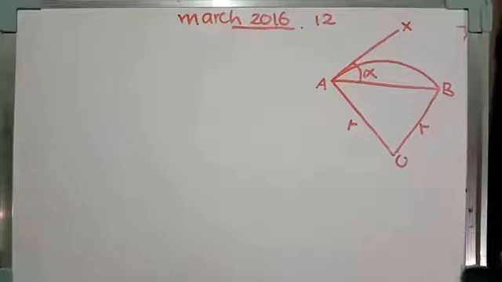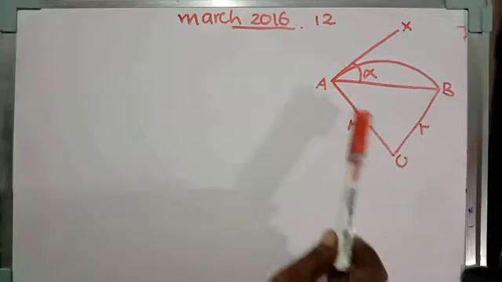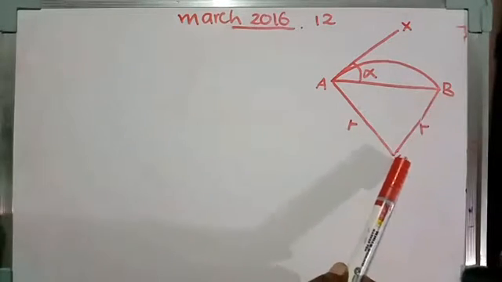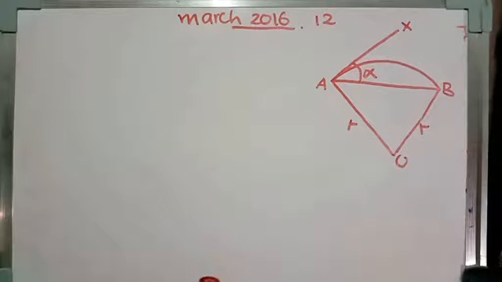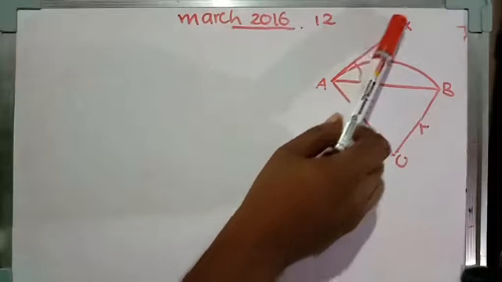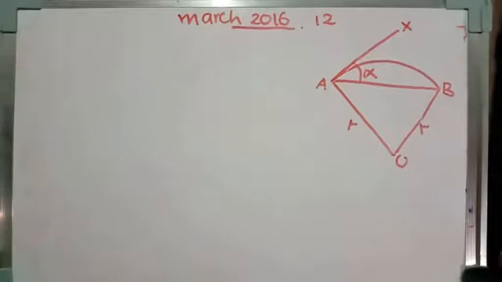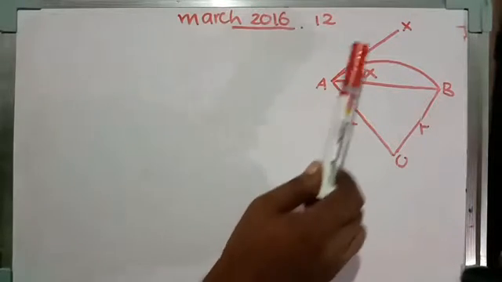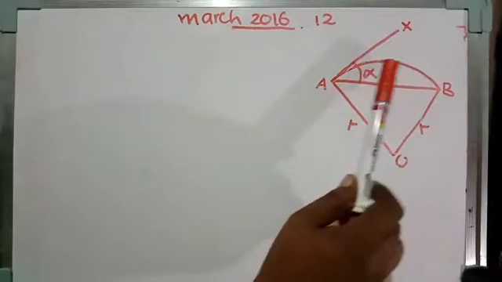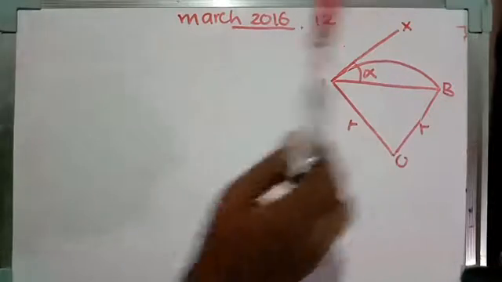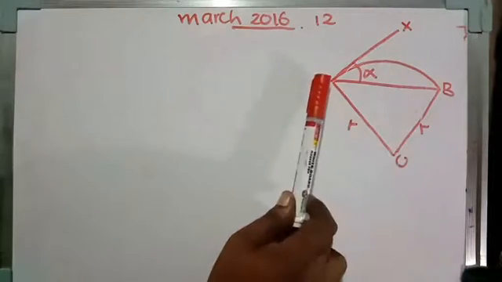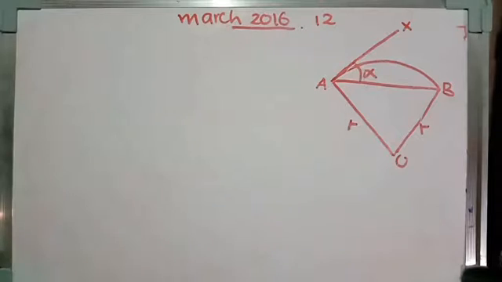So when we analyze the figure, OAB is a sector of a circle with center O and radius R. AX is the tangent at A to the arc AB, and angle BAX is alpha. Our first question is to show that